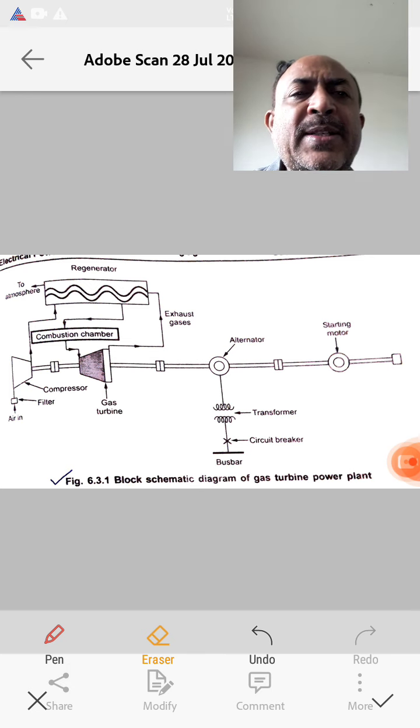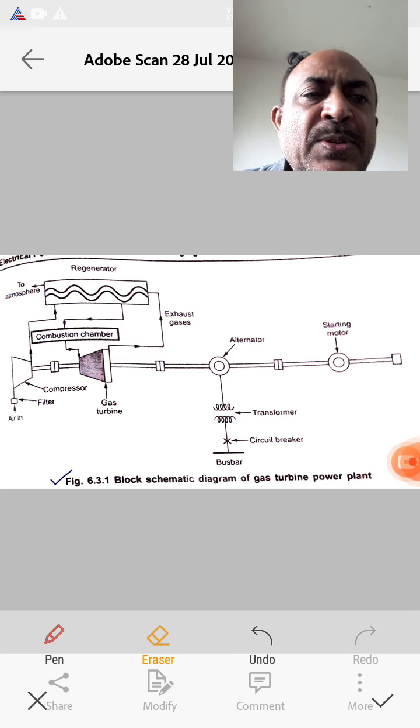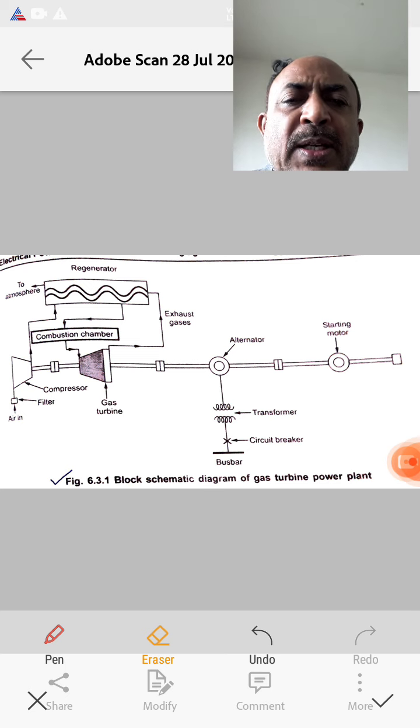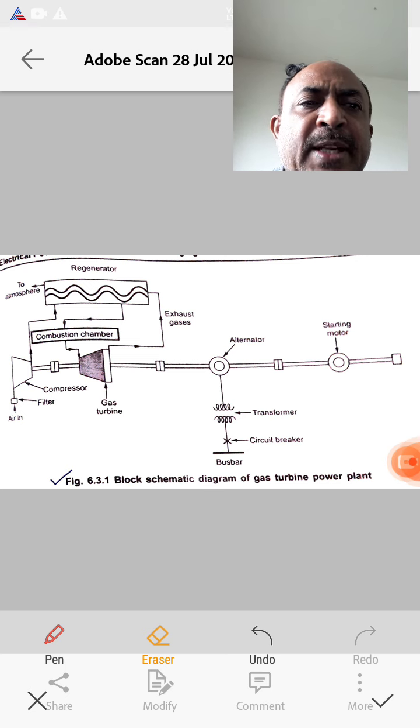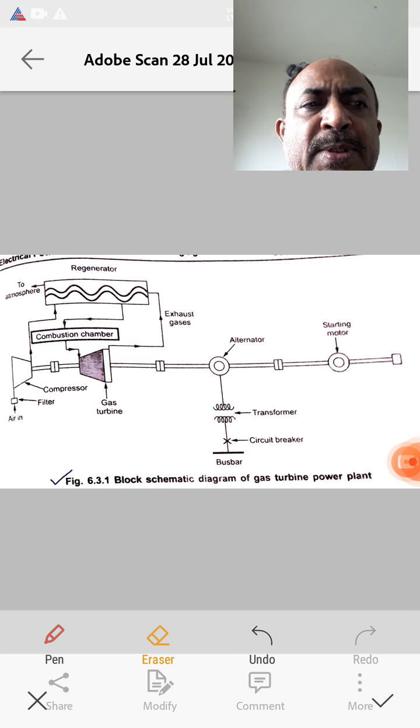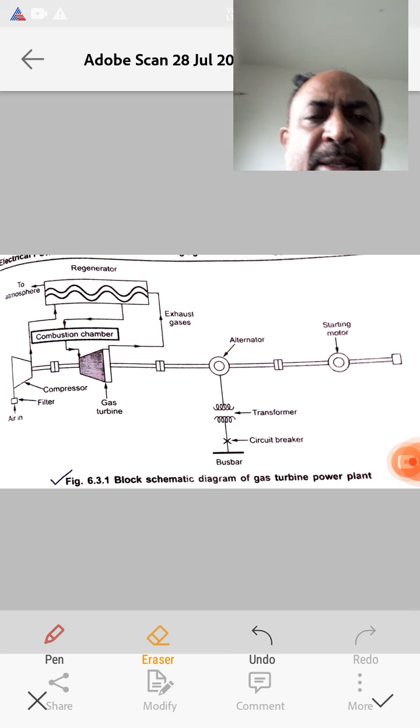This plant does not produce vibration during operation, and the noise produced is very less. It also requires very less manpower. These are some of the advantages of gas turbine power plant.